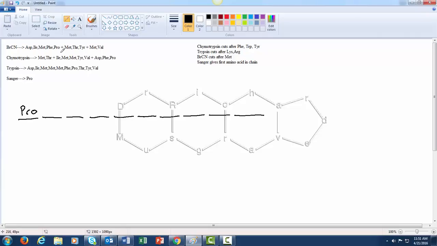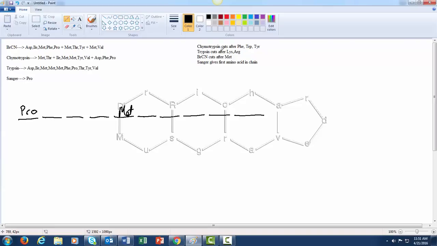I do know which one is first because only one of these contains Pro, and that's this one, and that means that MET must be at the 5th position because MET has to be at the end of this fragment, and since this fragment has 5 amino acids in it, I know that MET must go right here. I'm not sure about anything else yet. I don't have enough information, so I'm going to move on to chymotrypsin and see what information I can glean